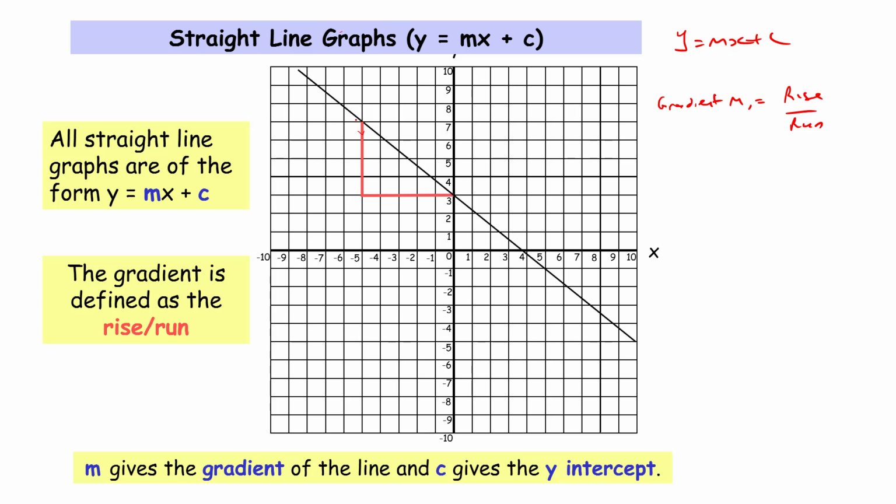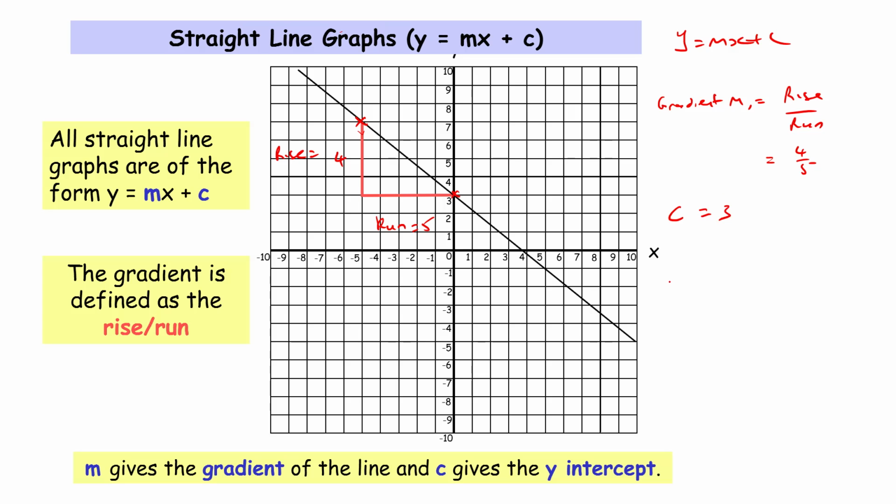So if we select this point here and this point here, then we can see our rise is going to be equal to 1, 2, 3, 4, and our run is equal to 1, 2, 3, 4, 5. So our gradient is going to be rise over run, 4 over 5, and the intercept, the y-intercept, c is equal to